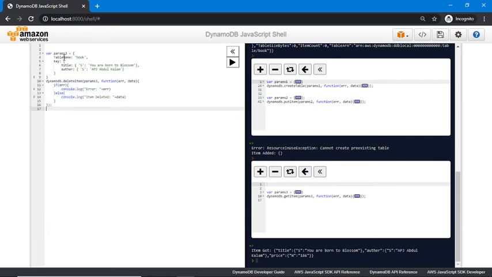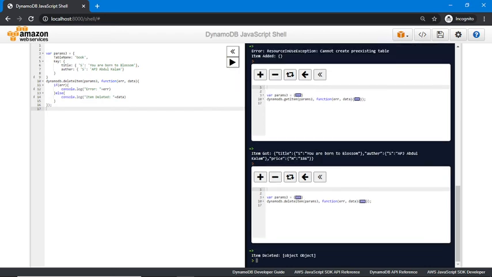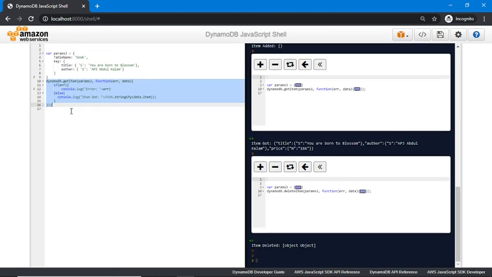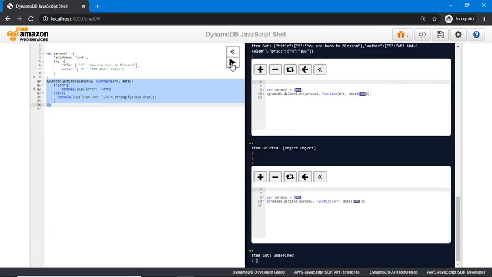For delete, I am using the same parameters, table name and key, to identify which item I want to delete, and passing them to the delete item command. Now you can see item deleted. If I query the get item again, maybe we will not get our record. Item got undefined, so it is not found now.